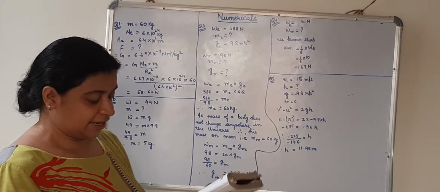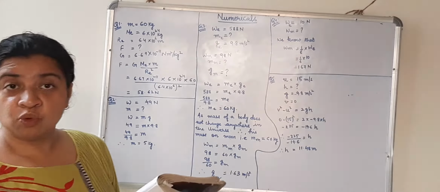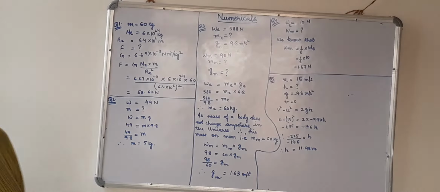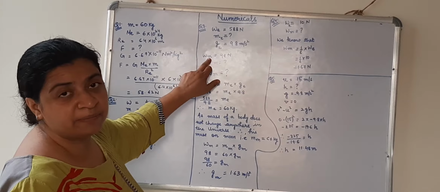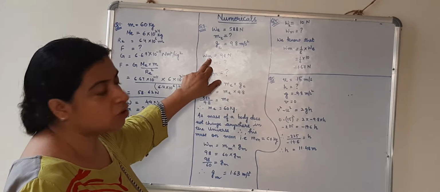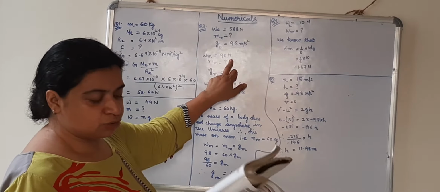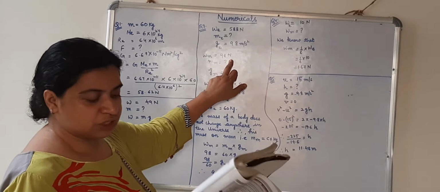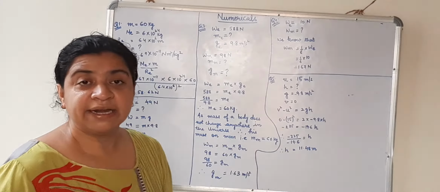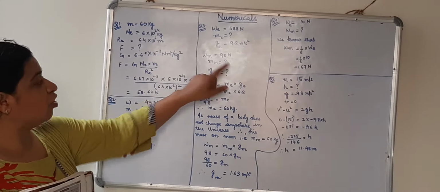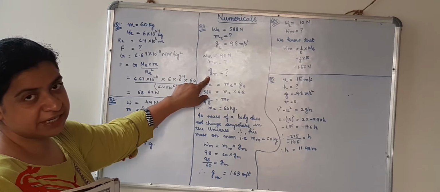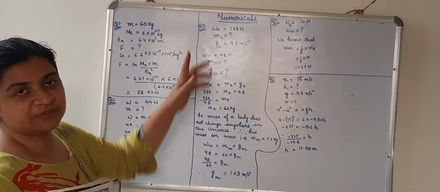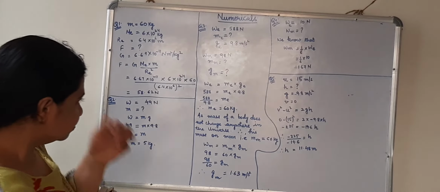So then next part. If the man were taken to the moon, his weight would be 98 Newton. Weight of the person on the moon, I have written W_m as it is depicting the weight of the person on the moon, that is 98 Newton. What is his mass on the moon? Mass on the moon we need to calculate. Then also calculate acceleration due to gravity on the moon. This is g, small g, that is acceleration due to gravity. M means moon. Here on the earth we know it's 9.8 meter per second square.